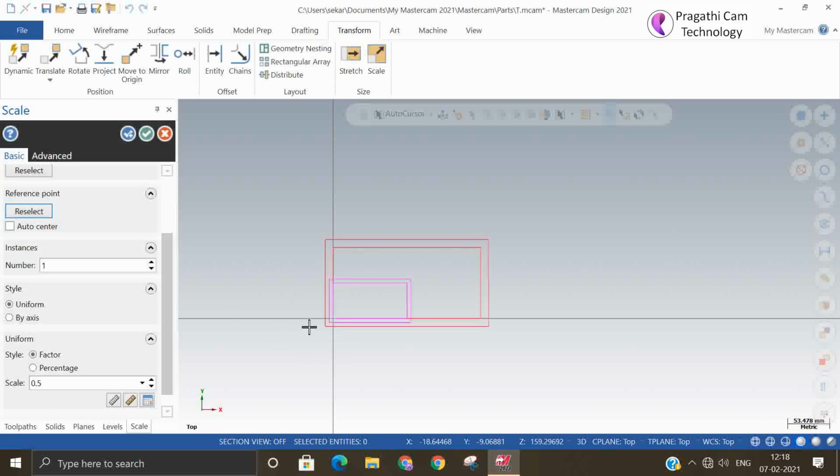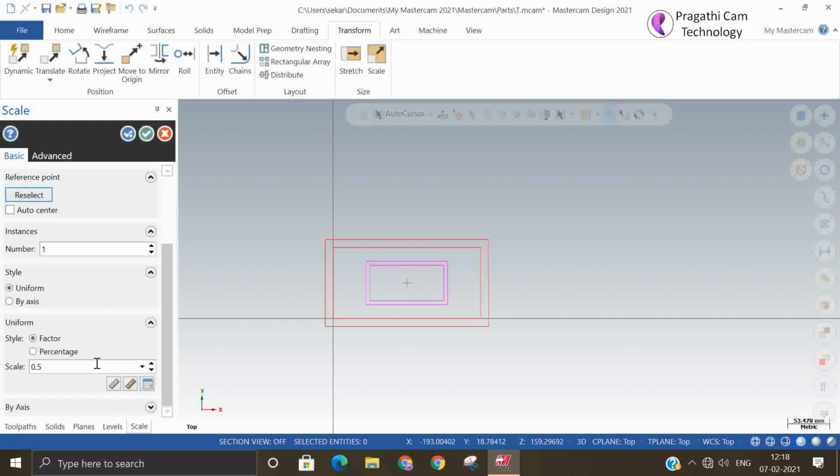If you take the center as the reference point, the entire scale is based on the center. Either you can use factor or percentage. Either one you can utilize.